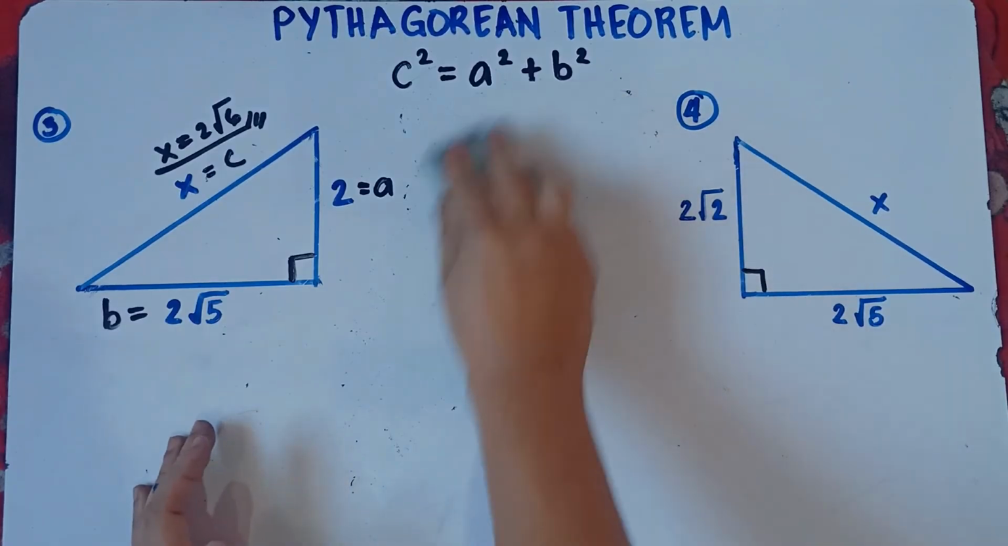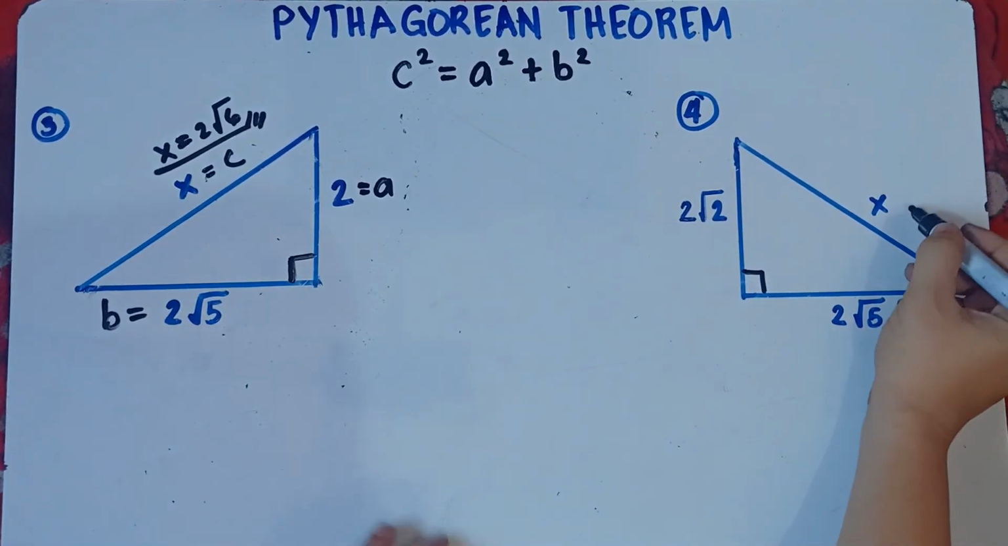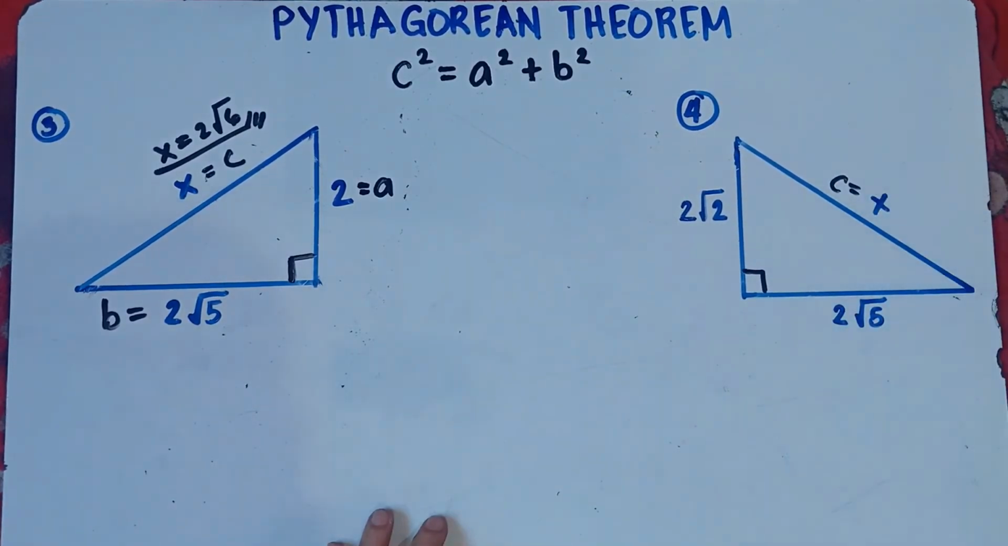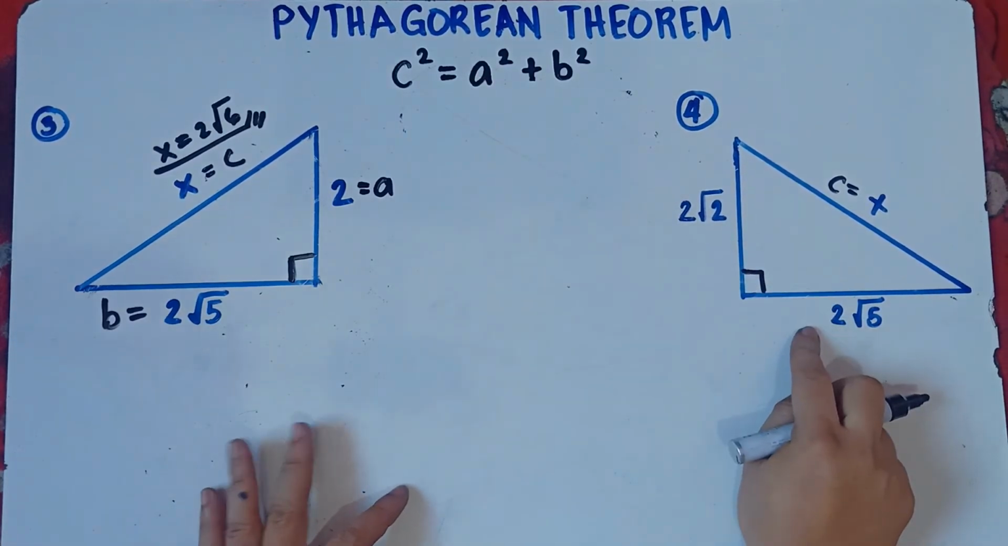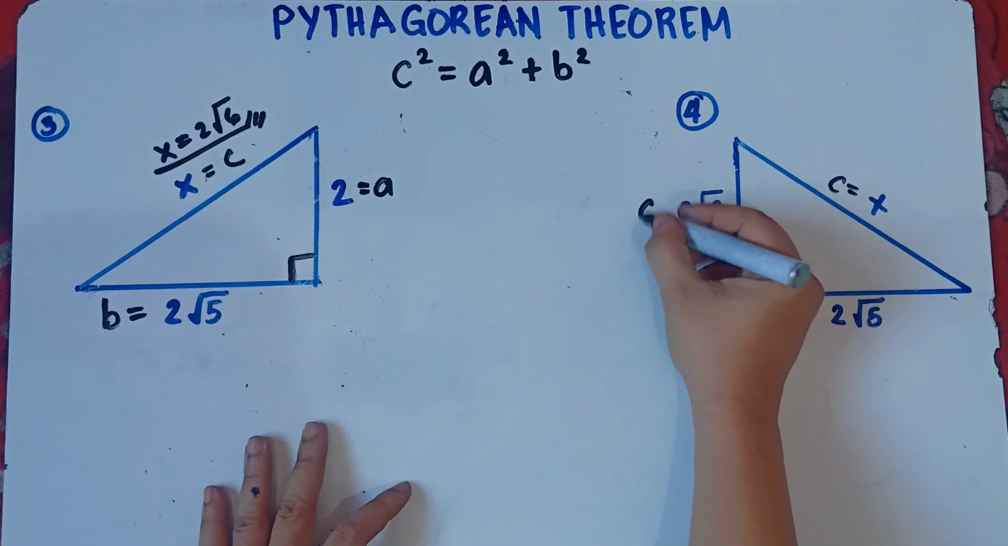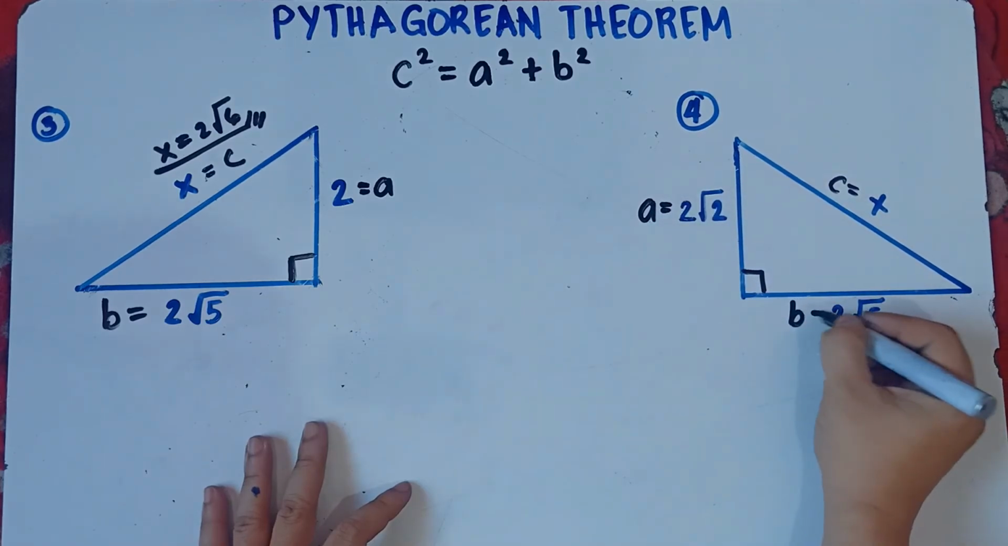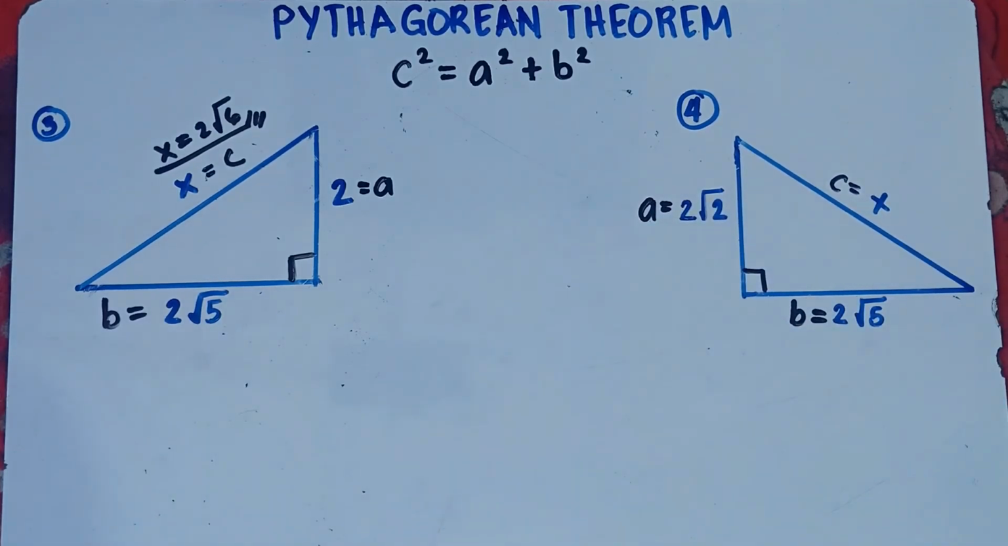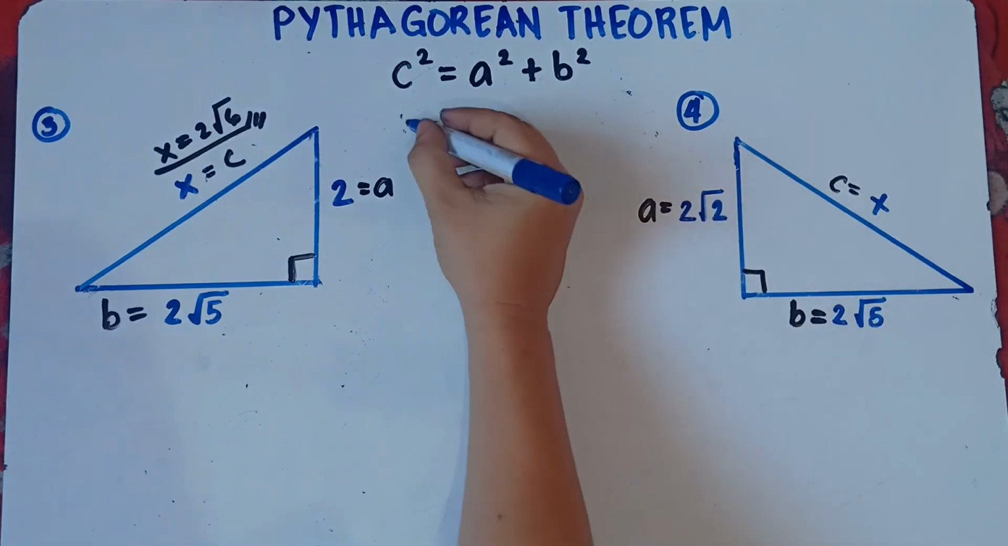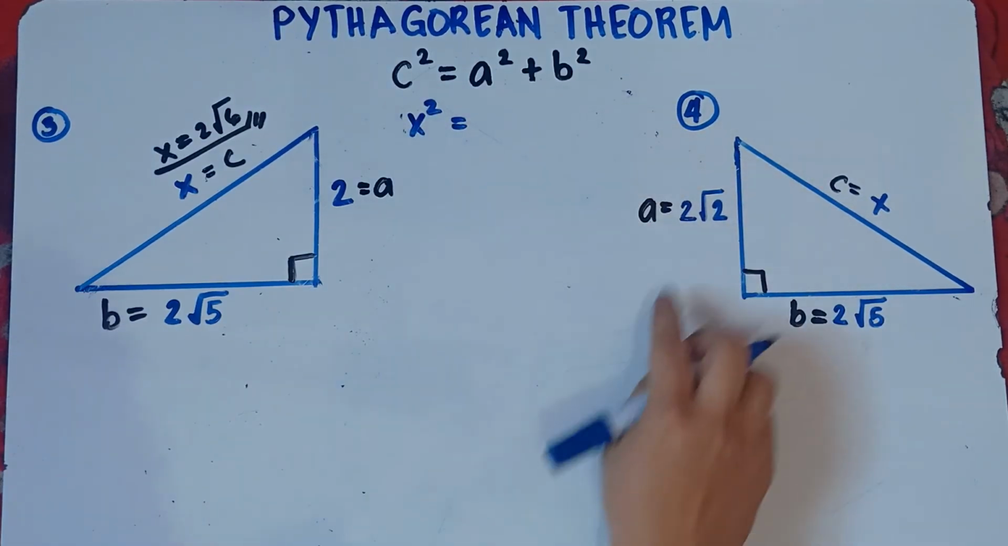Once again, we're told to find x, and x will be our hypotenuse. This will be our C. So you can have this one as your A, or you can have this one as your A. Depends on you, class. So let's have this one as our A, and this will be our B. So substitute the value. C is our x, so that would be x squared equals, our A is 2 square